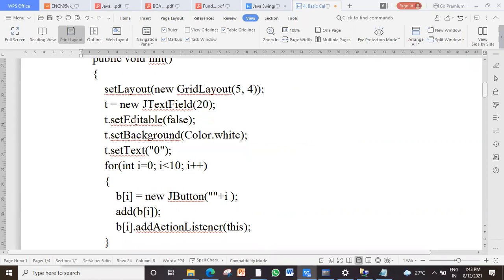In the previous program of basic calculator, you made that text field uneditable by using set editable false. This color is also not necessary, but if you want to set a background color, you can set it like this. Then the initial text we are displaying is 0.